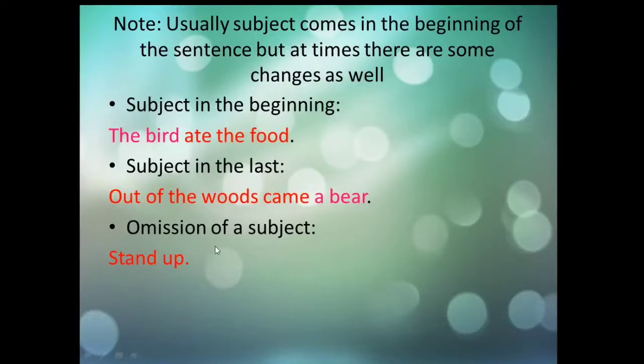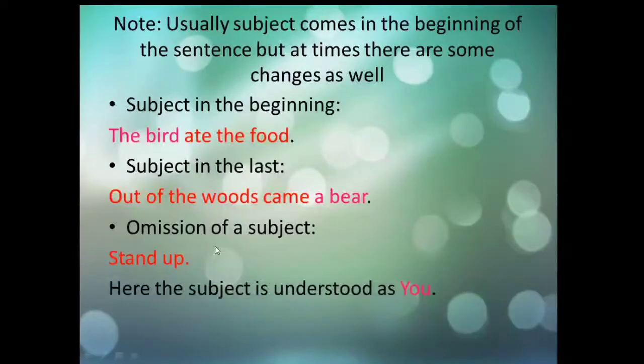But there is a hidden subject. We should understand that in imperative sentences, there is always a hidden subject which is not put up. It can be you, he, she; you can put anything over there. But when we come to subject and predicate, here the subject is omitted. So, stand up is a subject and predicate topic which comes under the omission of a subject type. So, here our predicate is stand up. You can put a subject which is understood, if asked, as you.